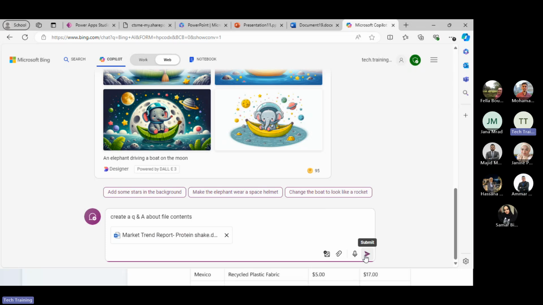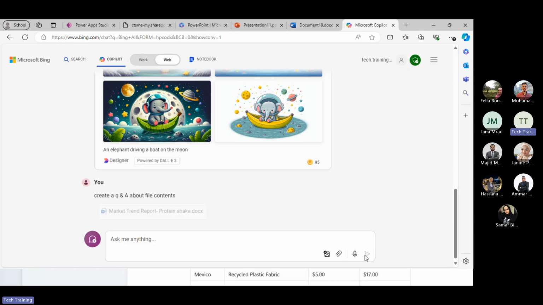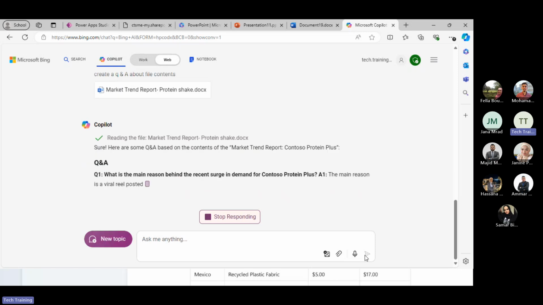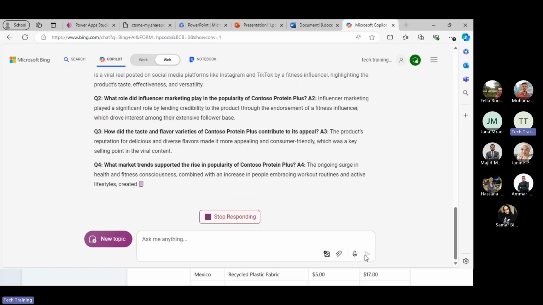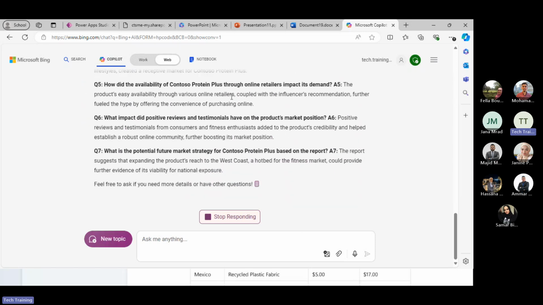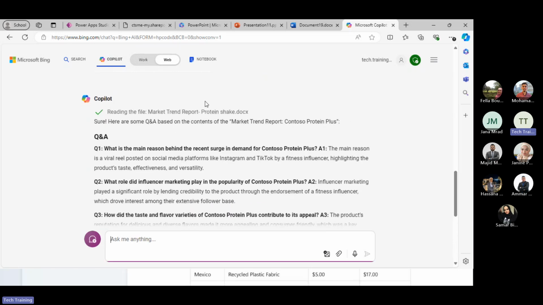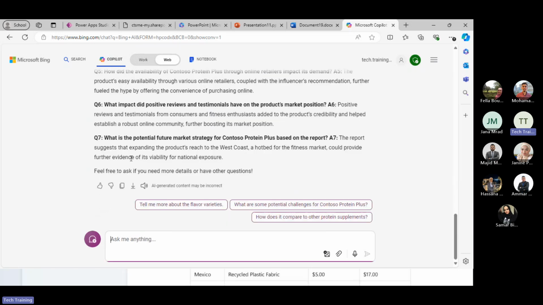So now create a Q&A about the file contents. Let's see what it is going to do. Now it will read the file, analyze the file, and create some questions related to that. As you can see, it has created 7 questions. Create more, generate